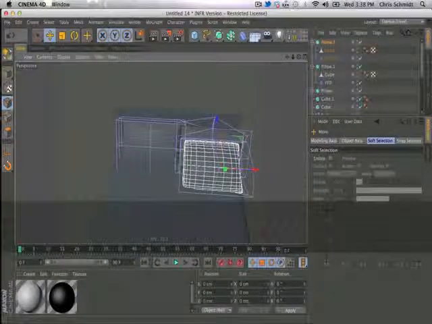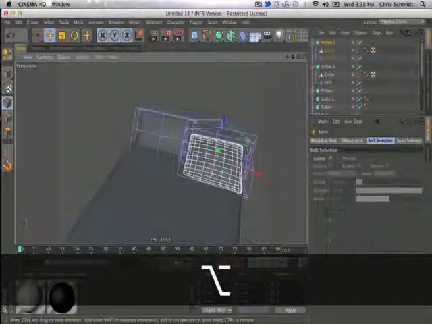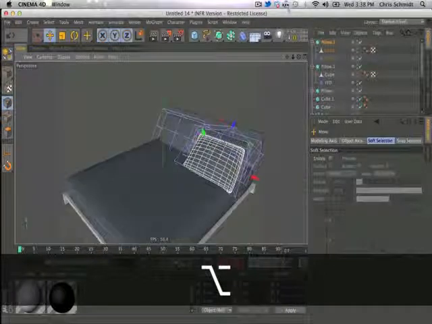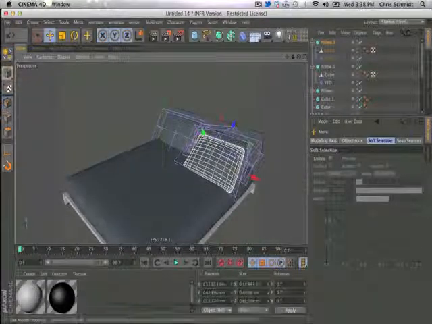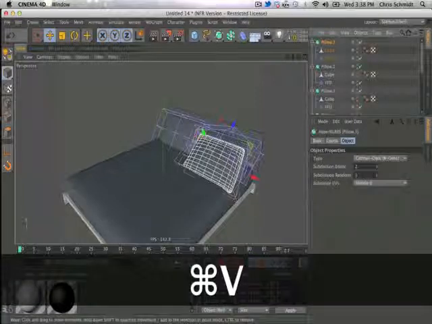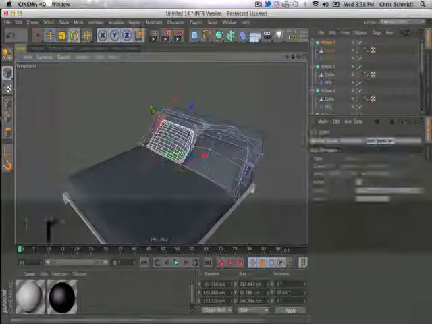Move this whole pillow over a bit. We could also put displacers in there to get some random lumpiness. I'm not going to worry about that right now. In fact, these pillows are taking up too much time. So I'm going to copy this pillow, and I'm going to move it over here. And just to save some